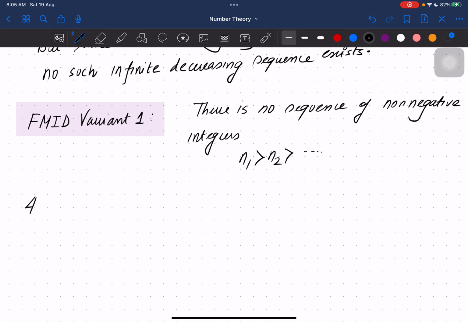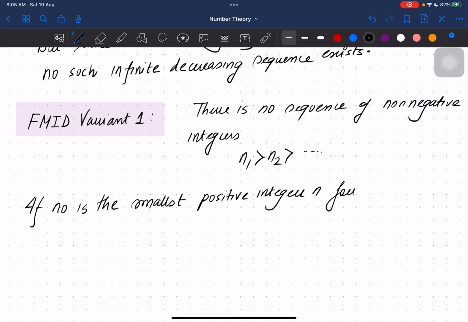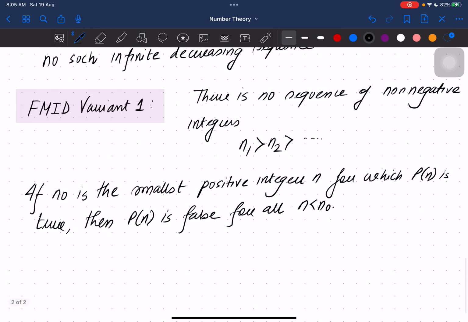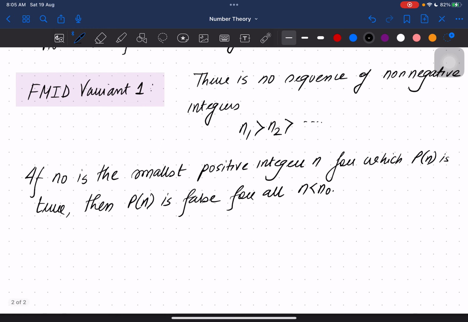If n0 is the smallest positive integer n for which Pn is true, then Pn is false for all n that is smaller than n0. And the second variant is